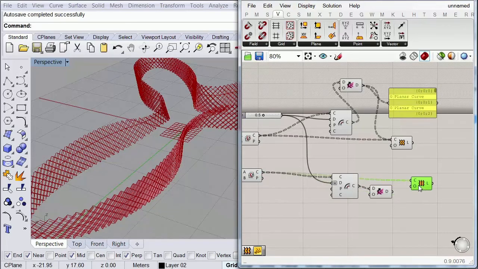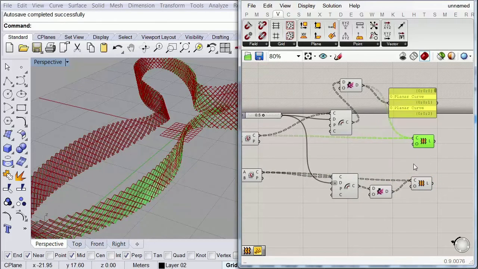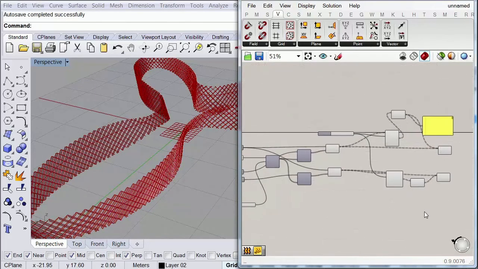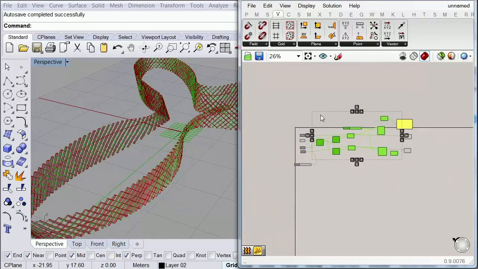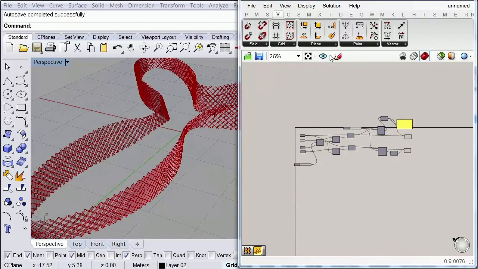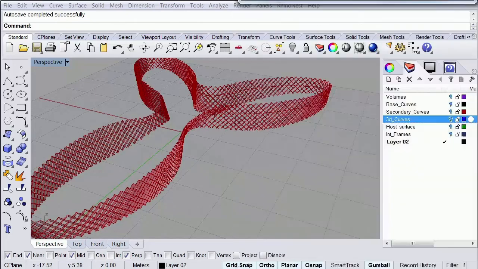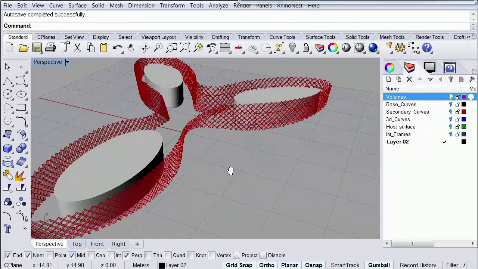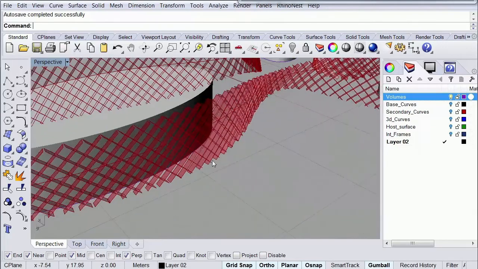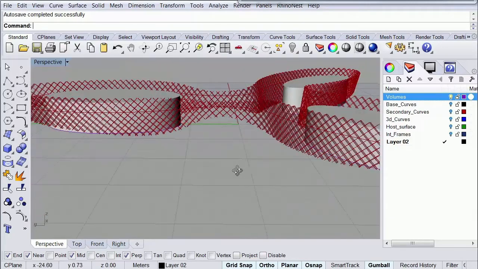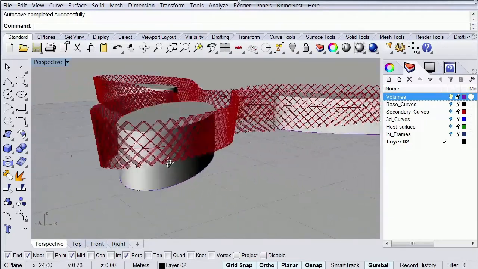I'm gonna press my shift key, and I'm gonna hook it up to this one over here. Okay, so then I can simply select all these and hide it. And as you can see, we have created a skin-like geometry made out of ribs.